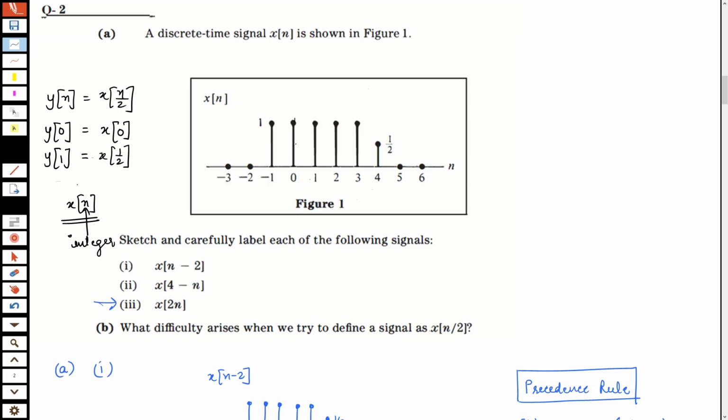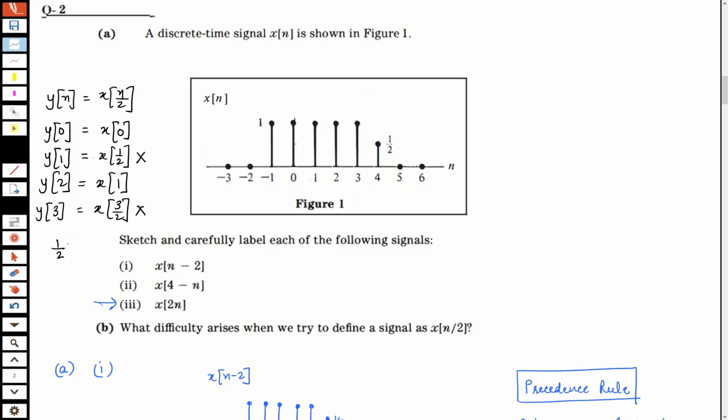It is undefined. However, if you go ahead, what do you plug in at y2? x of 2 by 2, that means x1. Great, you have this value. What do you plug in at y3? x of 3 by 2. Again, since this is not an integer, you don't have this value. So y3 is undefined. If you notice, only factors of a times n are defined,